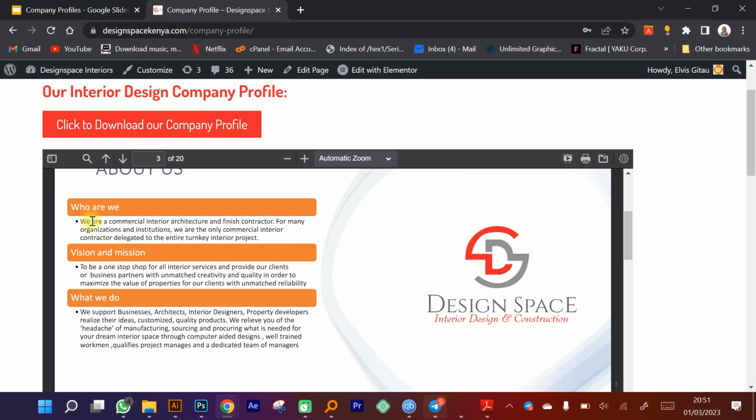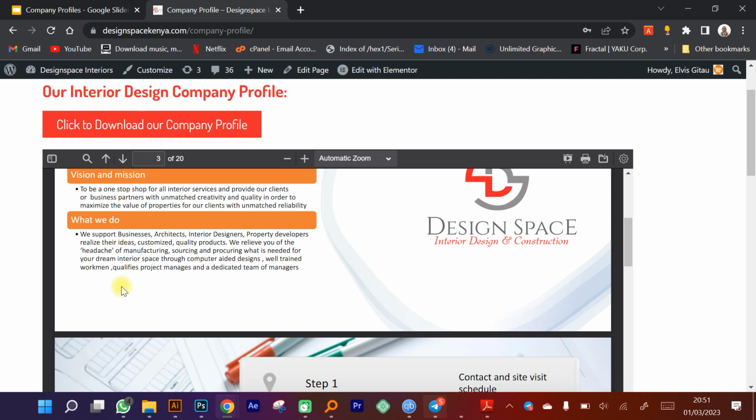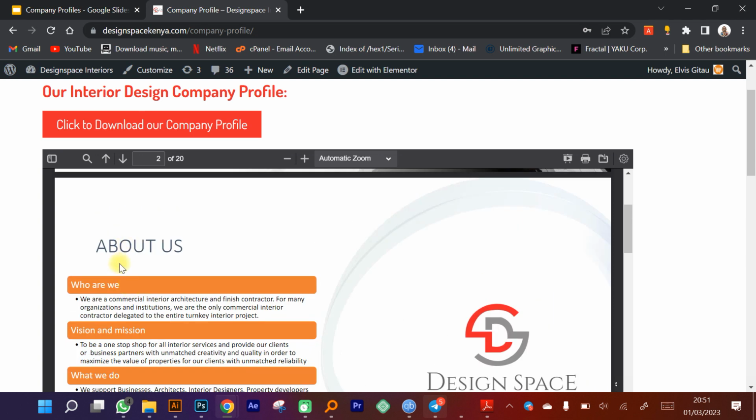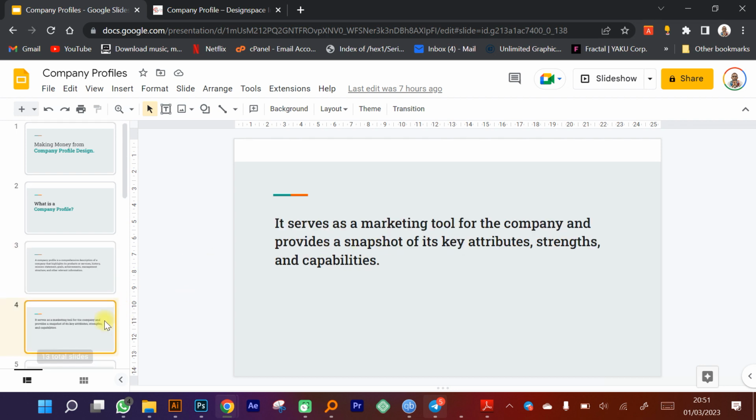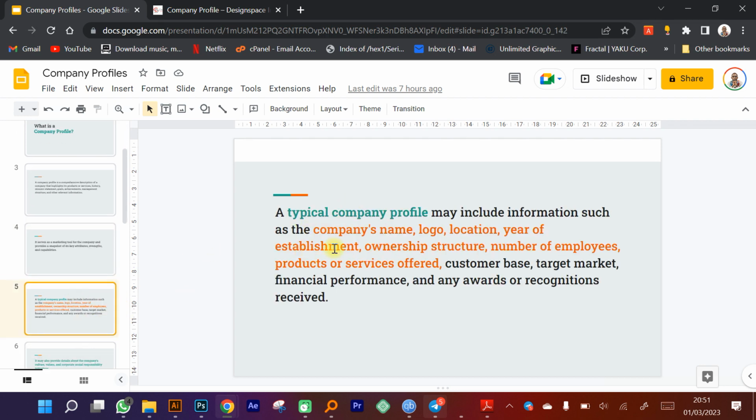and it tells you who we are, our vision and mission, what we do. It's the same thing about a company profile. Now, I think most of this was actually illustrated on the definition of a company profile. And as you can see over here, if you go back over here, you can see that it's going to